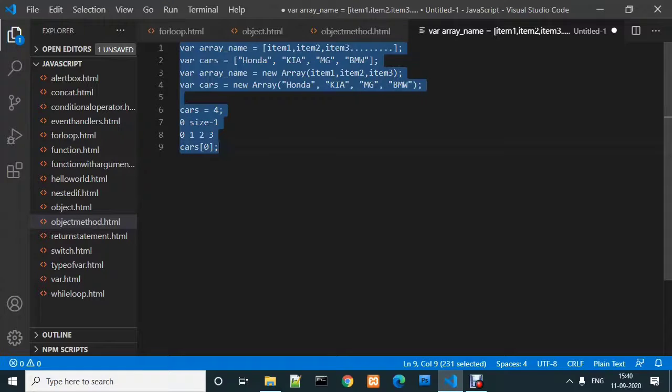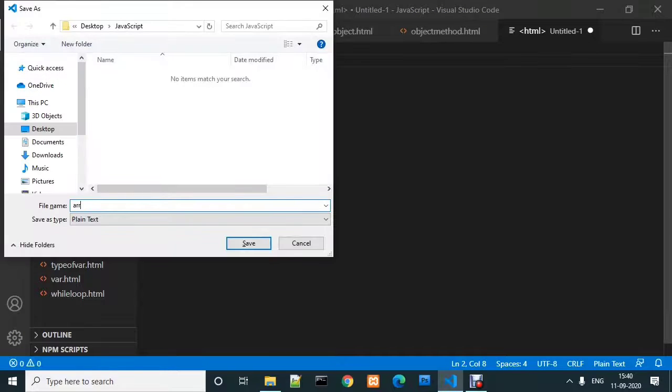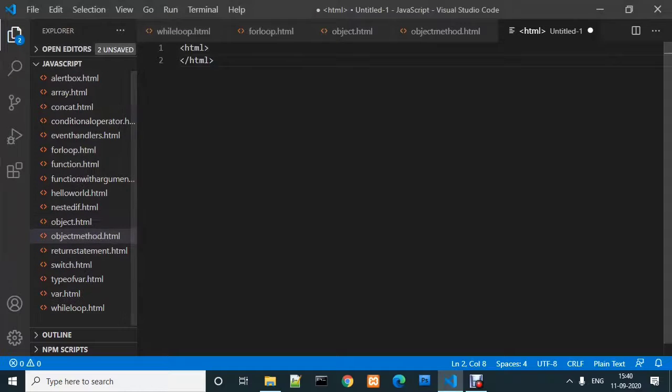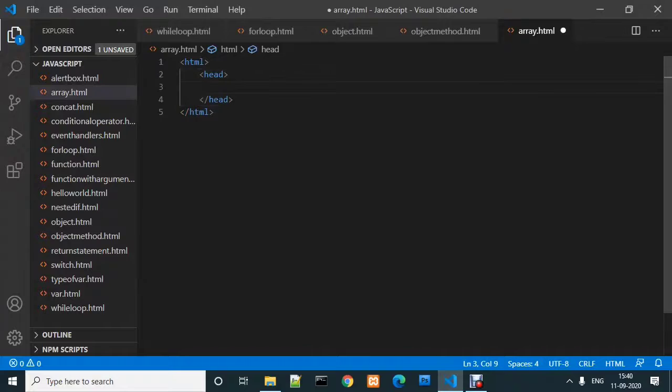We will delete all and write down the HTML tags that we require. We will save this file as array.html, and we have to write the head tag and the script tag, and now we will create an array of cars.